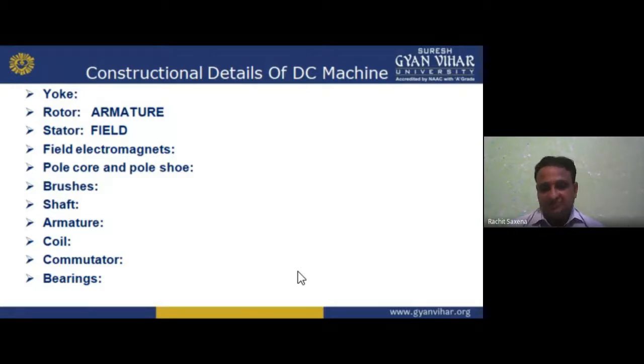Now, if I am talking about the armature, later on I will tell you what is used in armature. Now third is your stator. Stator means the stationary part, and the stationary part is also known as the field. My dear student, I already told you, and we have studied in unit number 1 and 2, that if we vary the magnetic flux, then there will be induced EMF. So the variable thing is the armature. If I want to rotate and cut, that is the armature.